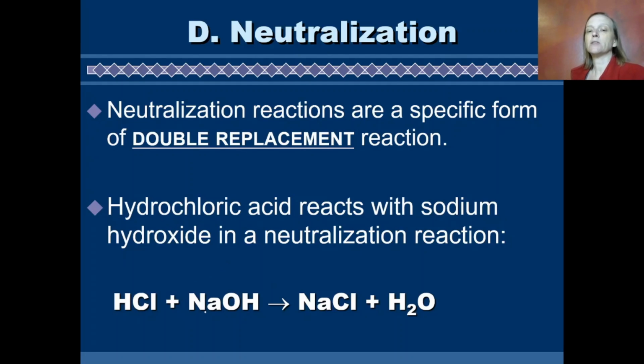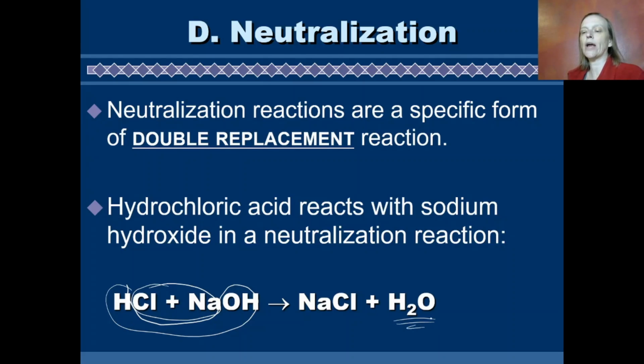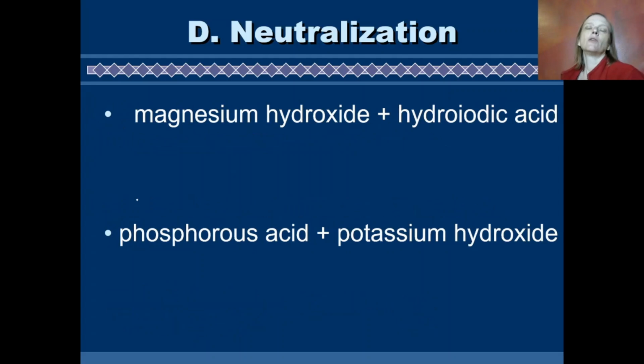So my sodium pairs up with the chlorine, and the hydrogen pairs up with the hydroxide. And if you notice that hydrogen and oxygen and hydrogen, there's two hydrogens and one oxygen, so that's where our H2O comes from. So let's look at a couple of examples of neutralization reactions. If we have magnesium hydroxide, magnesium has a charge of +2, hydroxide has a charge of -1, so the correct formula is Mg(OH)2